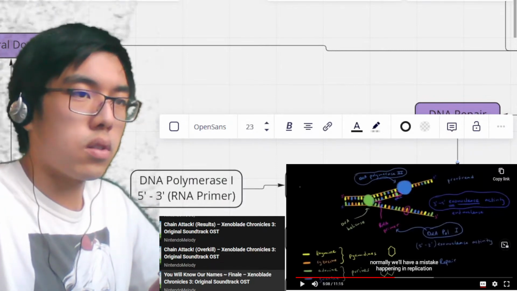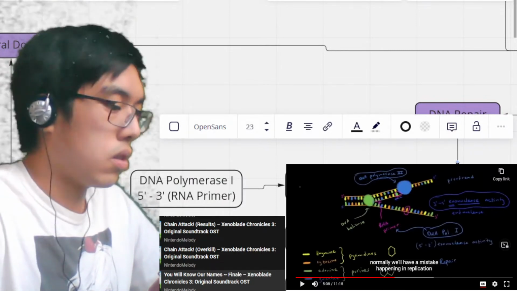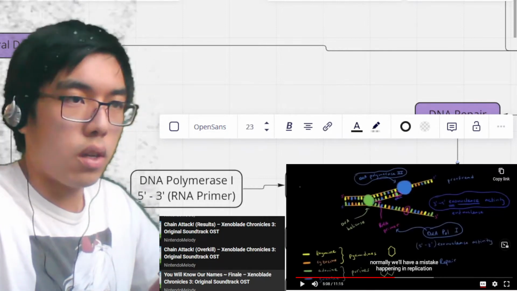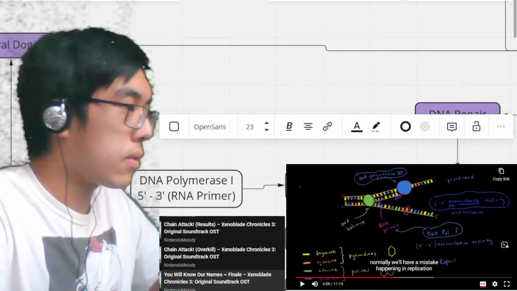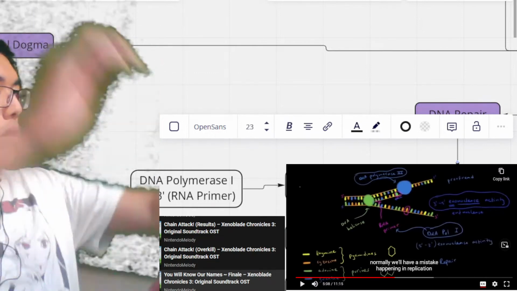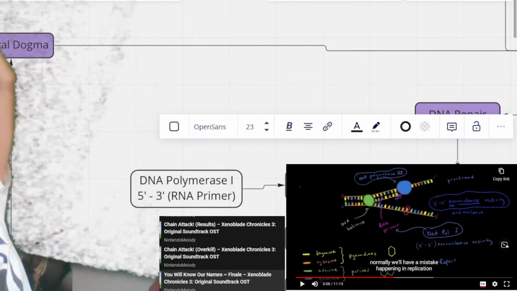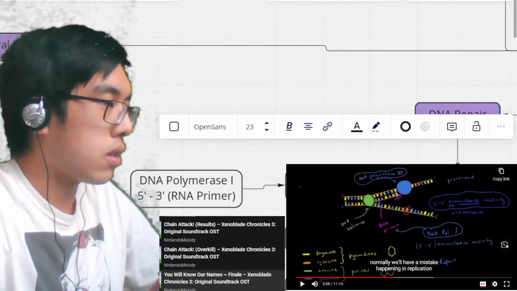This is 3' to 5'. Yeah, to catch mistakes on the